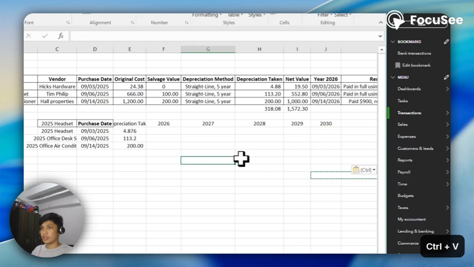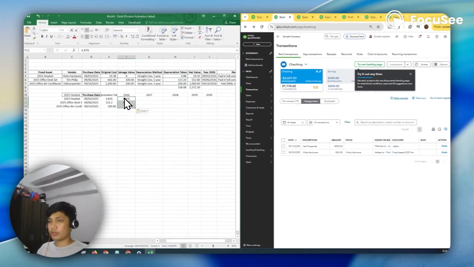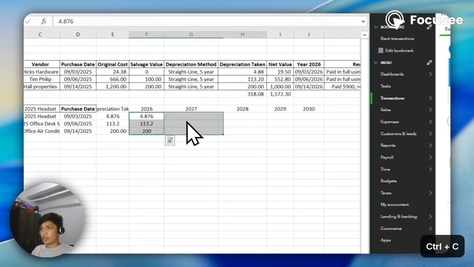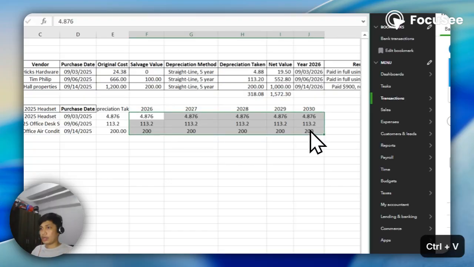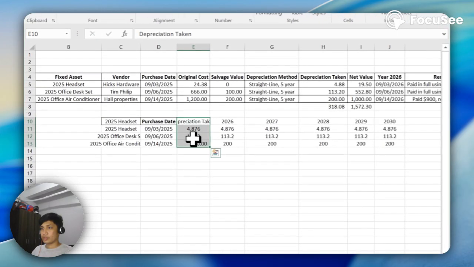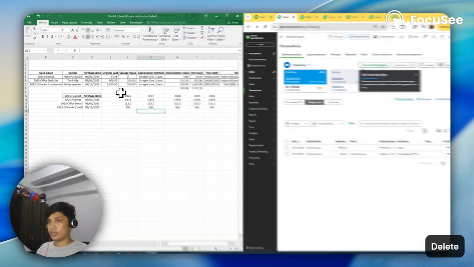I'm going to remove this. So each year the depreciation taken is 4.88, 113.2. Then I'm going to copy and paste it, and delete this.